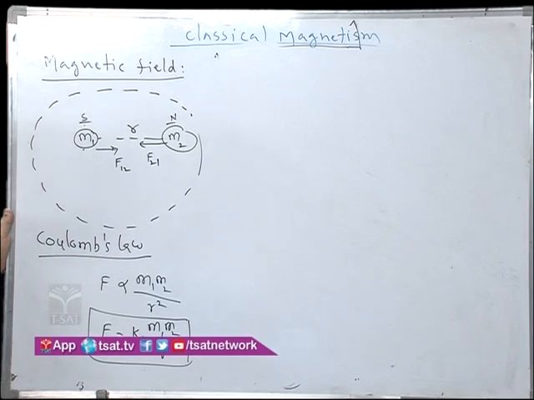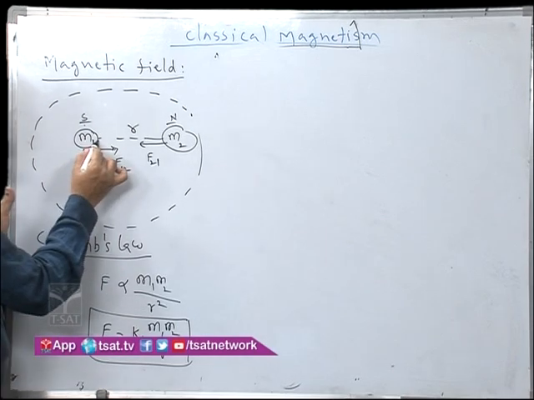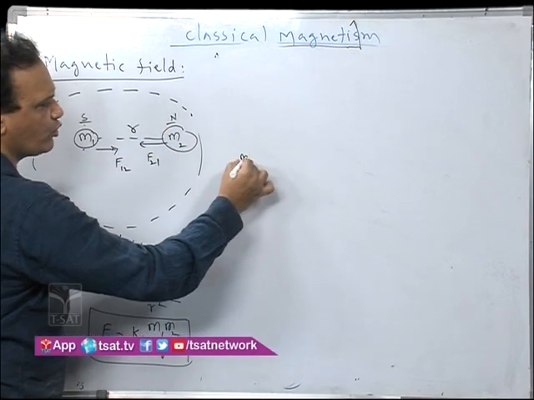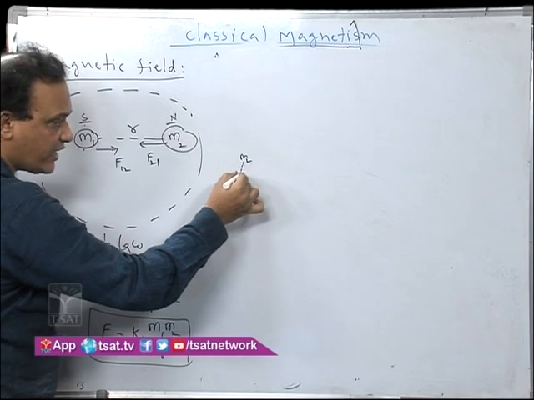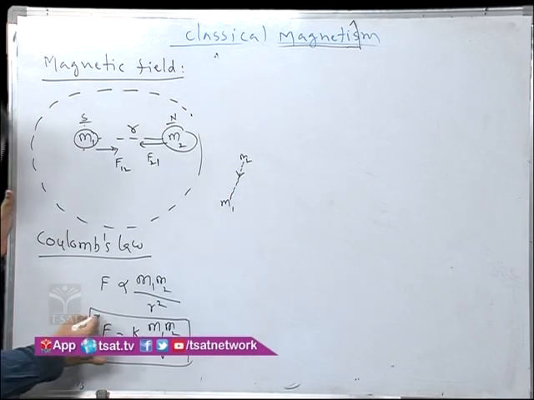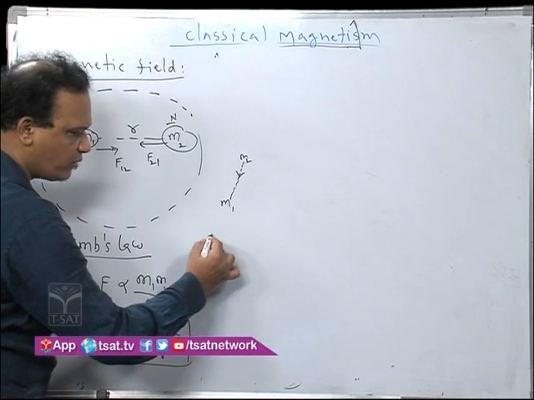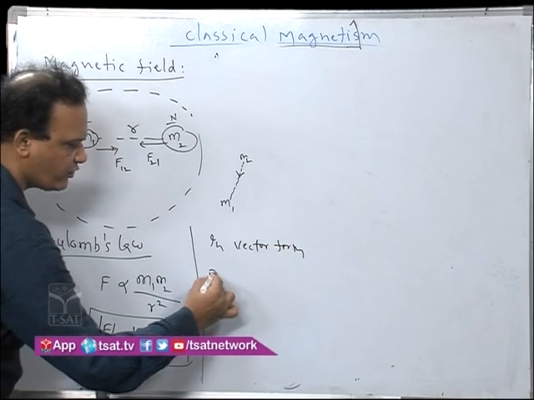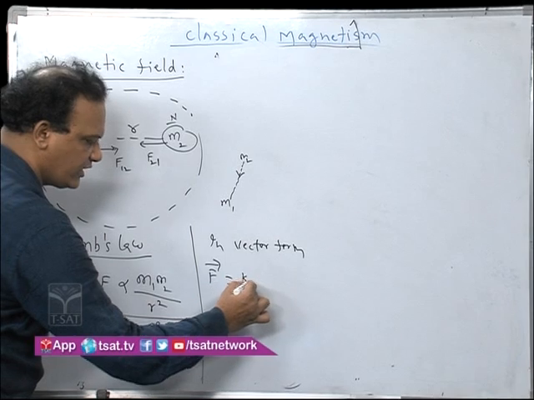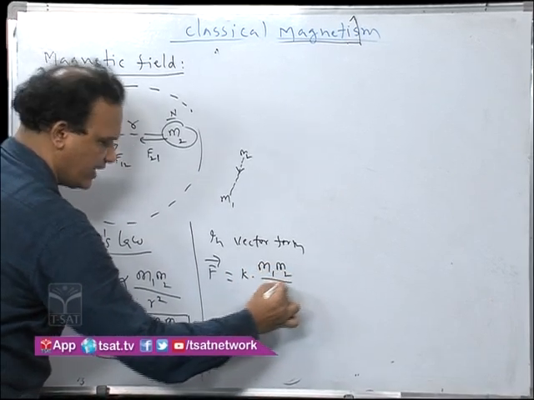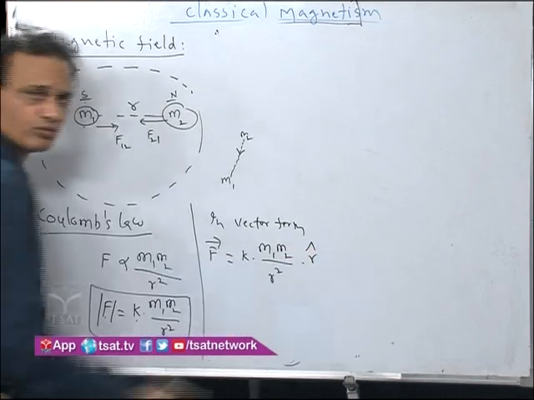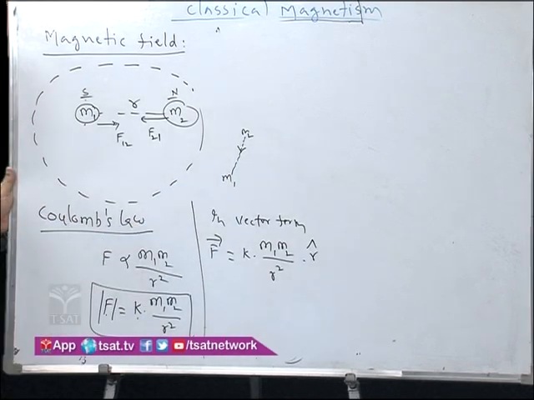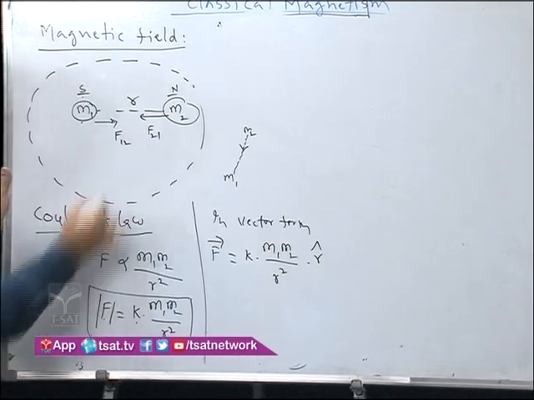But force is a vector, in which direction? The force acts along the straight line joining the two poles. Say here m1 pole and m2 pole, the force is acting along the straight line joining the two. So in vector form, this force F is equal to the constant into m1 m2 by r square, r cap. What is r cap? It is a unit vector in the direction of m12 and m21. So from this concept, these two forces are equal in magnitude.